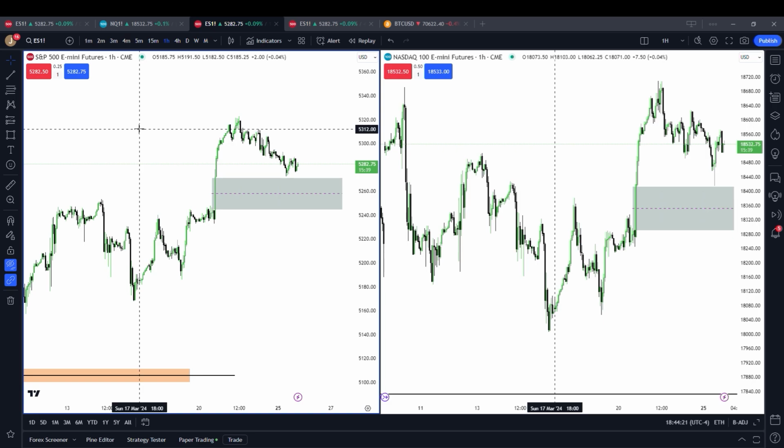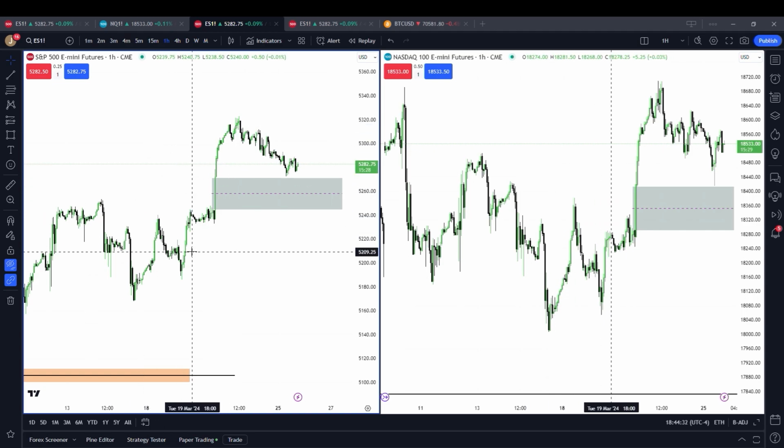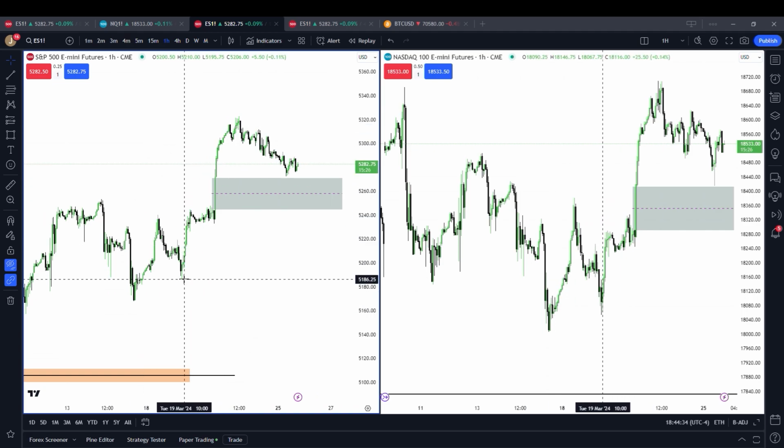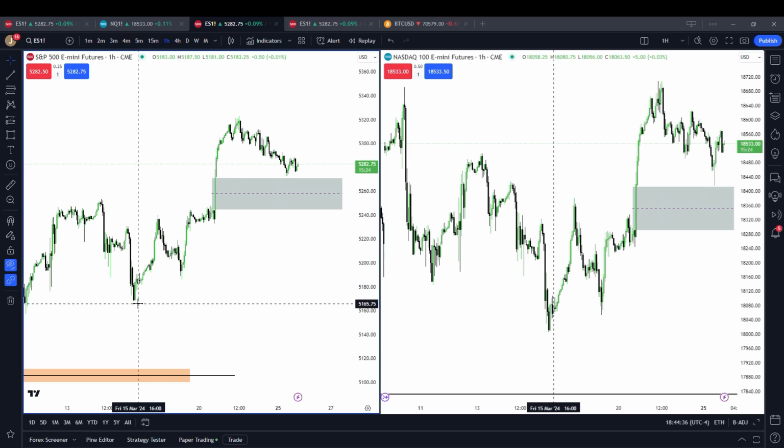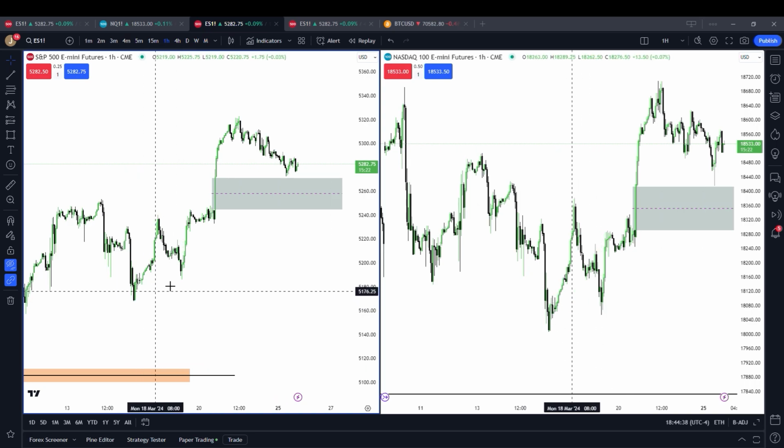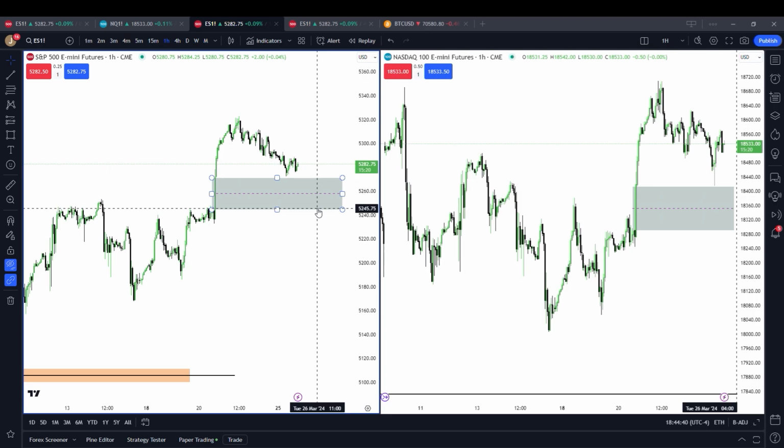more so the midpoint, because I want to see if price gives us some signals that it's going to be bullish, or if we're going to crash through that into one of these gaps down here possibly, or even be targeting these lows, this low and this low. So with it being a Monday, I'm just going to watch and see basically.